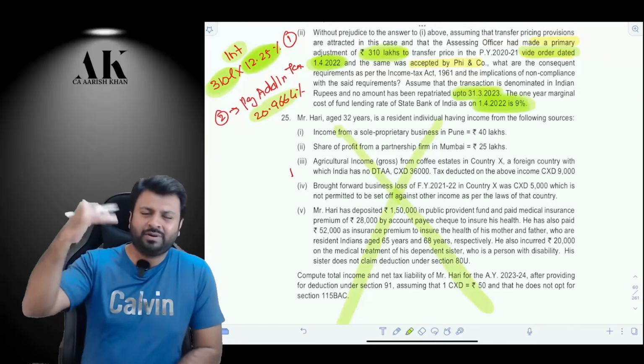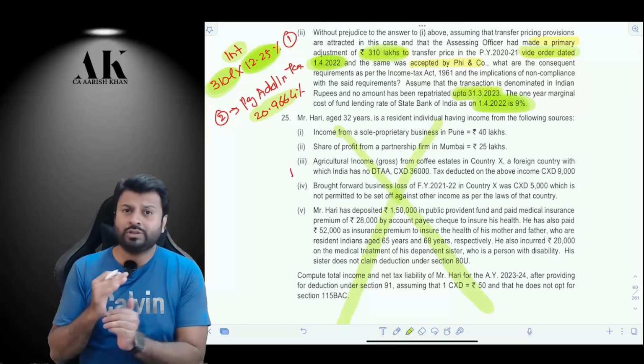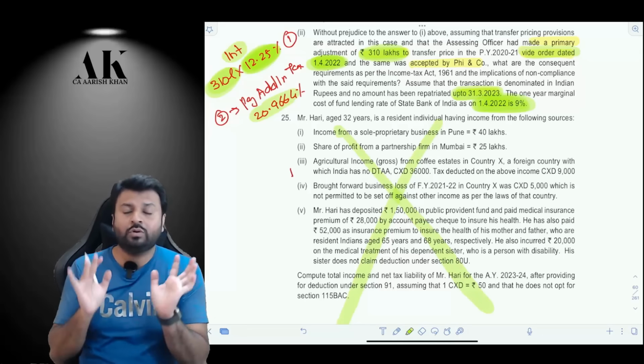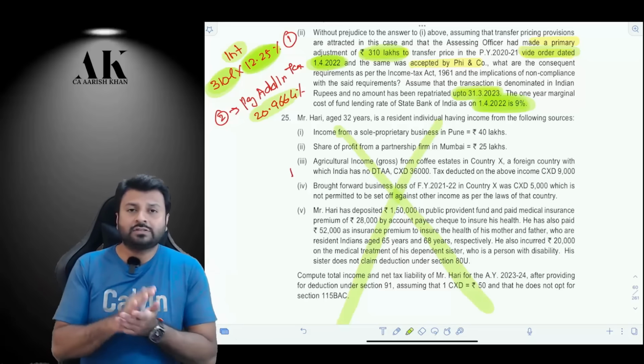That is a very simple question, a repetition of what we have done earlier in the previous paper. Now, a lot of things will repeat. Whatever will repeat, we are not going to do that. Neither am I going to do that, nor are you going to do that. It doesn't make sense to repeat the thing, because on the day of the exam, we are short of time. So that's it. This is what the RTP is all about.